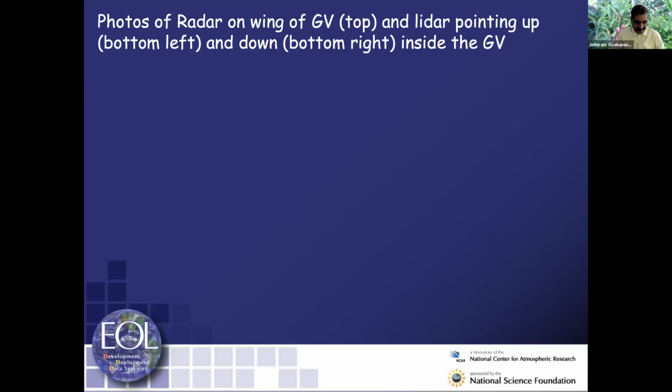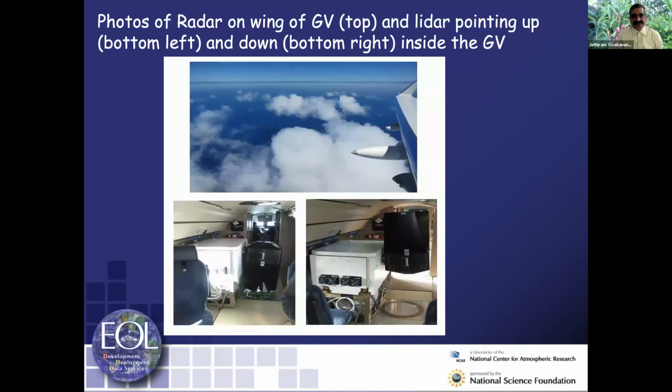Now look at the instrumentation that I used. I used two types of remote instruments. One is a cloud radar that's mounted below the wing of the airplane, in a pod about 13 feet long and 20 inches in diameter, within which we have a cloud radar. It's 3.2 millimeter, about 94 gigahertz, a very sensitive radar that was built by UIL engineers.